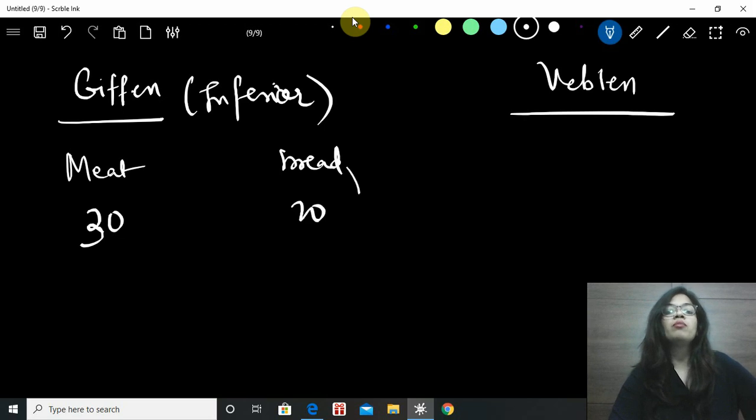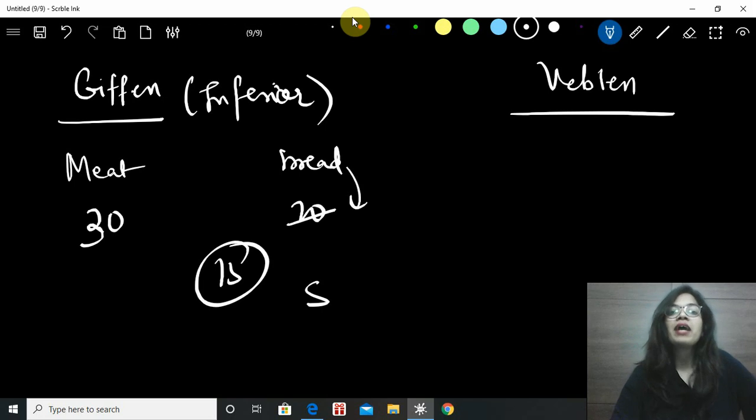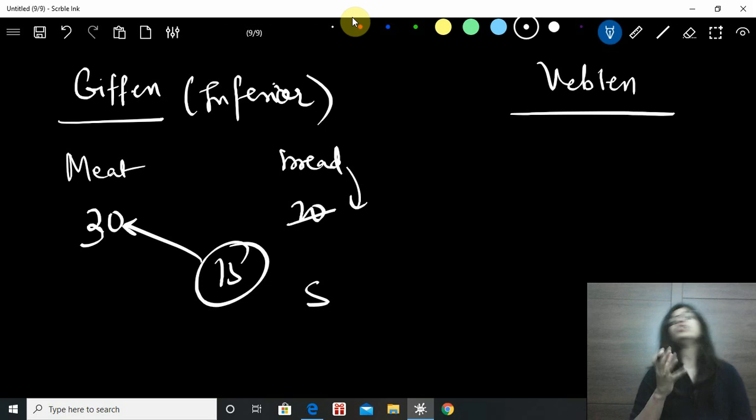Now if the price of bread comes down to $5, you're saving 15 bucks, right? Now the 15 bucks, instead of buying bread, you will go and buy meat because you're already getting less of it. So here, despite it being an inferior good, because of your real income increasing, you tend to prefer